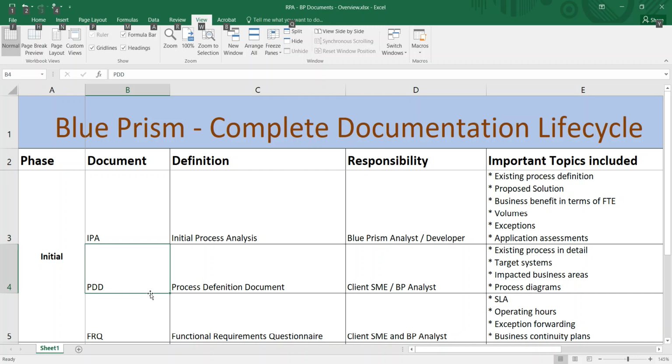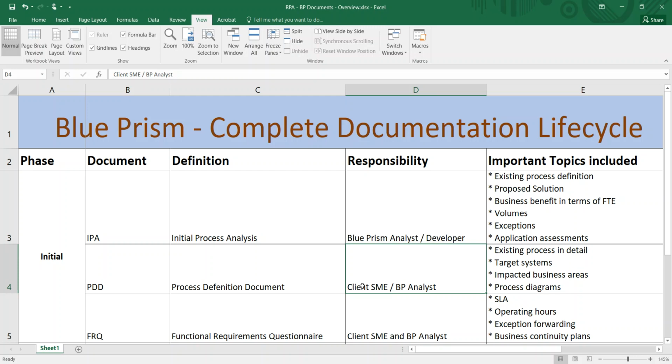The next document is the PDD, which means process definition document. It will be created by either the client, a business SME, or a BP analyst. This document mainly contains the existing process in detail: the process diagram, the applications involved, how the process is done, the target systems, and the impacted business areas.